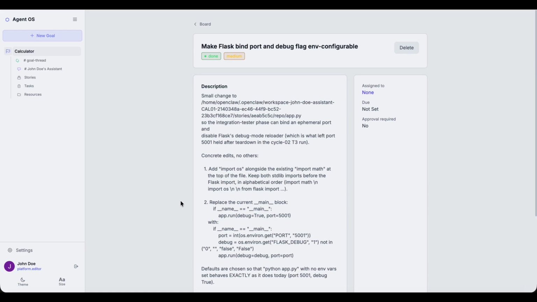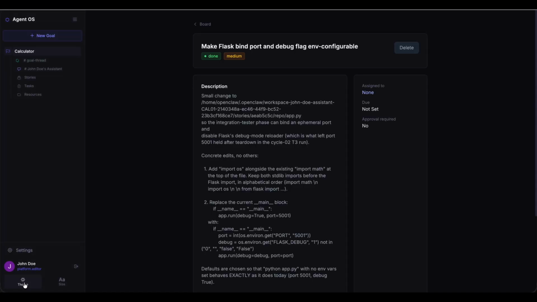Before we continue, let's quickly look at some appearance settings. We can customize the look of AgentOS by changing the theme and font based on our preference. For this walkthrough, let's switch to the dark theme. Now, let's head back to the Goal thread and open the submenu to explore some of the agents and councils